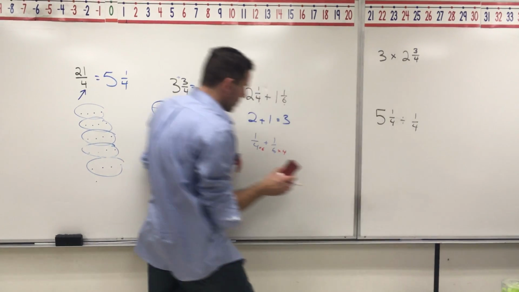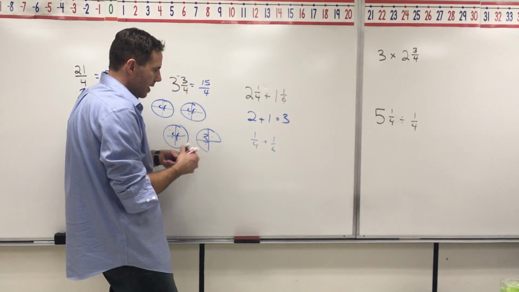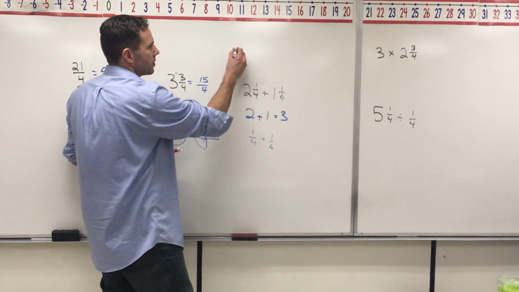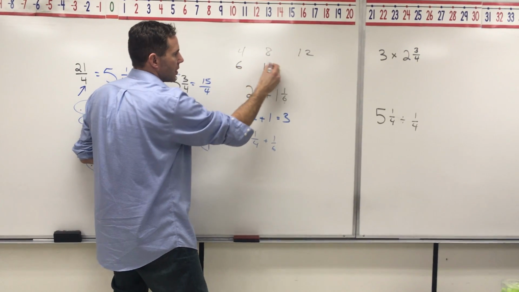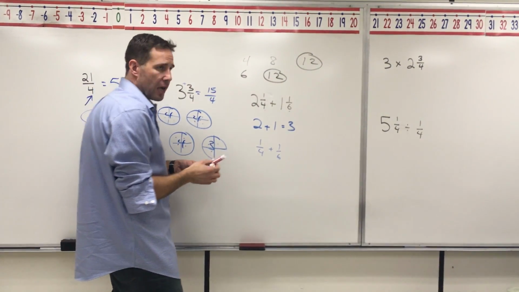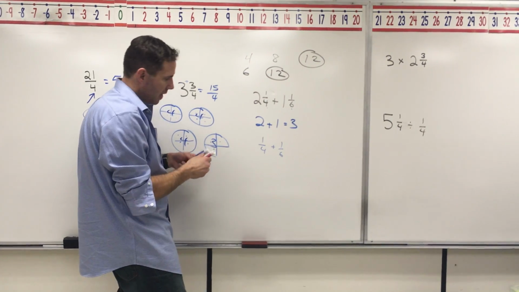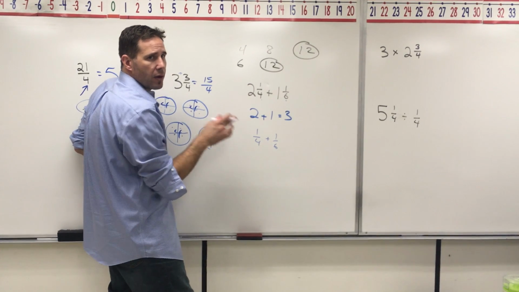I would prefer that students stop, think, and use your brain, and think to yourself, let's see, if I count by 4s, 4, 8, 12, and I count by 6s, 6, 12. There we've got a common denominator right there. If you can get to that point, that is great. If you have to times it by 6 and times by 4, that is fine, but you're going to have